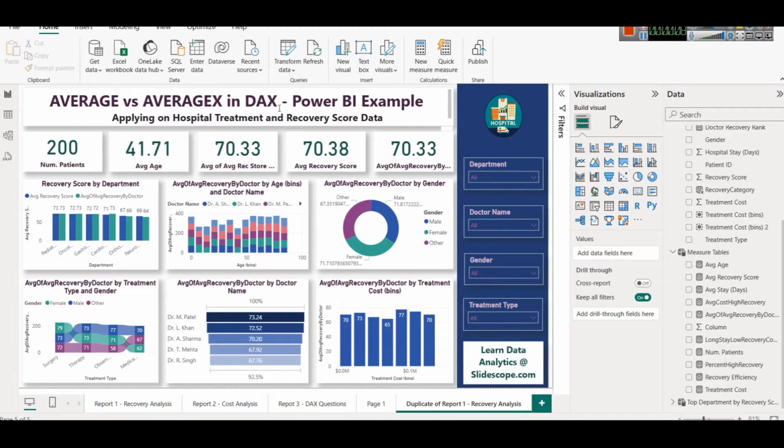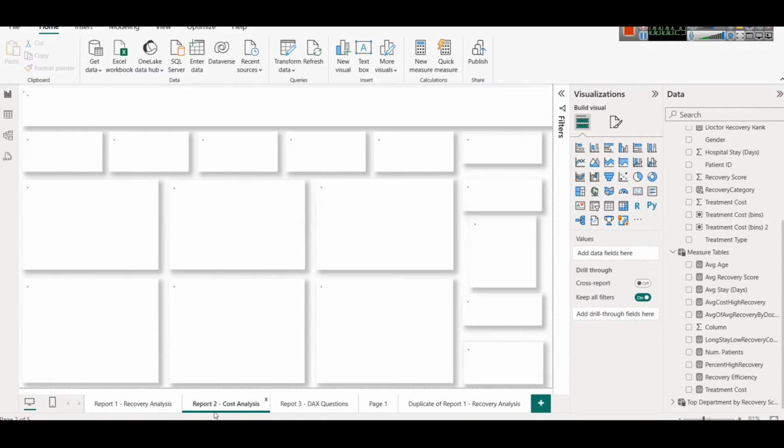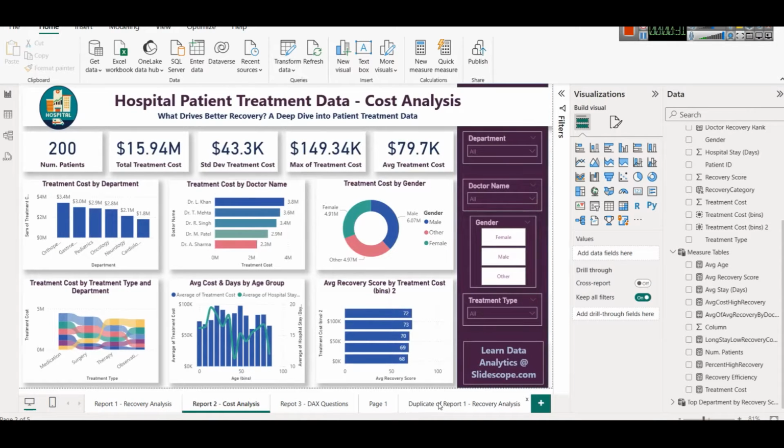In this part, we are just trying to understand the difference between AVERAGE and AVERAGEX in DAX. And then we will try to calculate the average of average recovery score by doctor, and we will put in all the visuals that we created in the first, second and third part of this series. So this is part 1, this is part 2, this is part 3, and this will be part 4